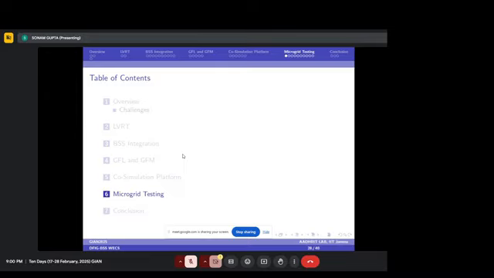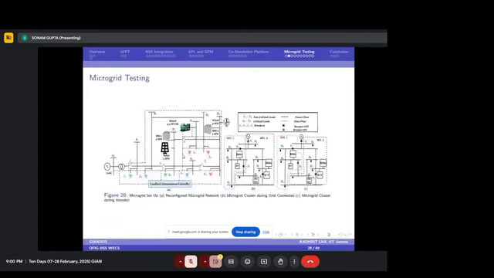So my last topic is on the microgrid testing. Initially we started with the single turbine testing. After the single turbine testing, it is required to test both the behavior, the grid following and the grid forming behavior, for the microgrid testing as well. So here comes the microgrid testing, where we have considered a very small network, a CGRI network, which comprises of this 7 to 8 bus network,